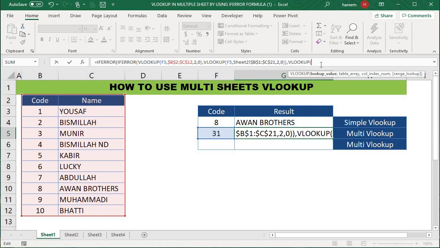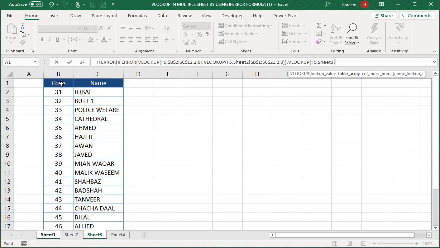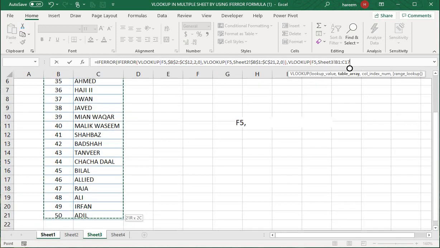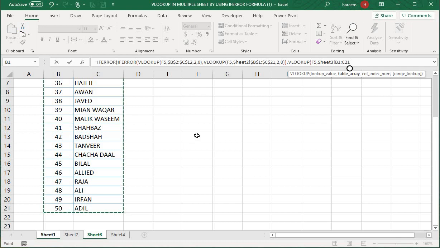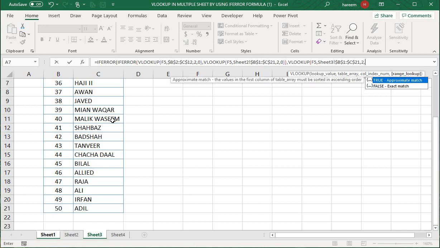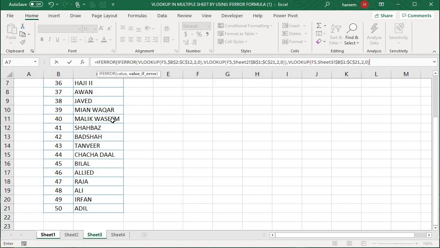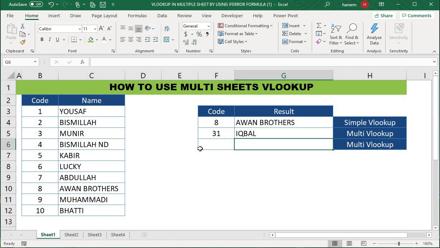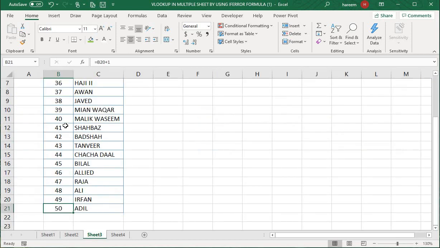We look up code 31, comma, table array from sheet 3. Select that one, press F4, lock it, comma, required data from column 2, comma 0, close the bracket. Now you can get the result from sheet 3 as well.